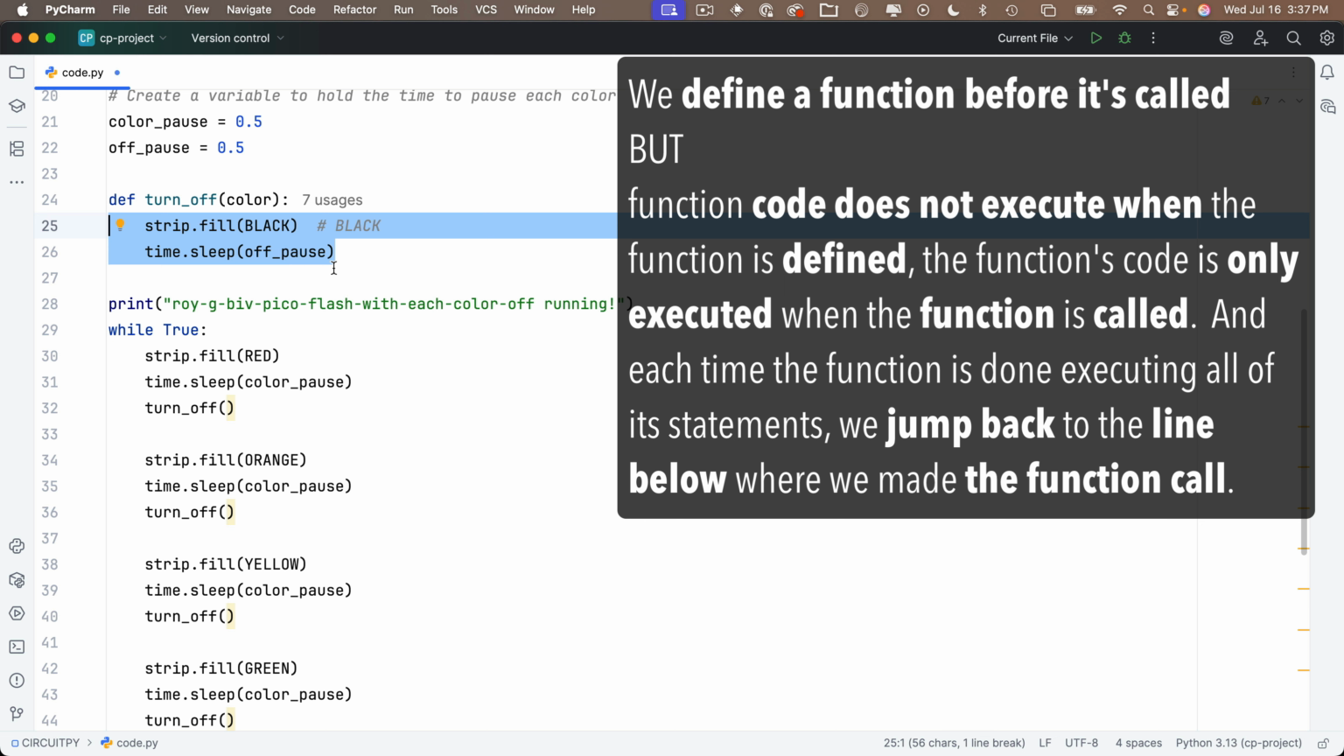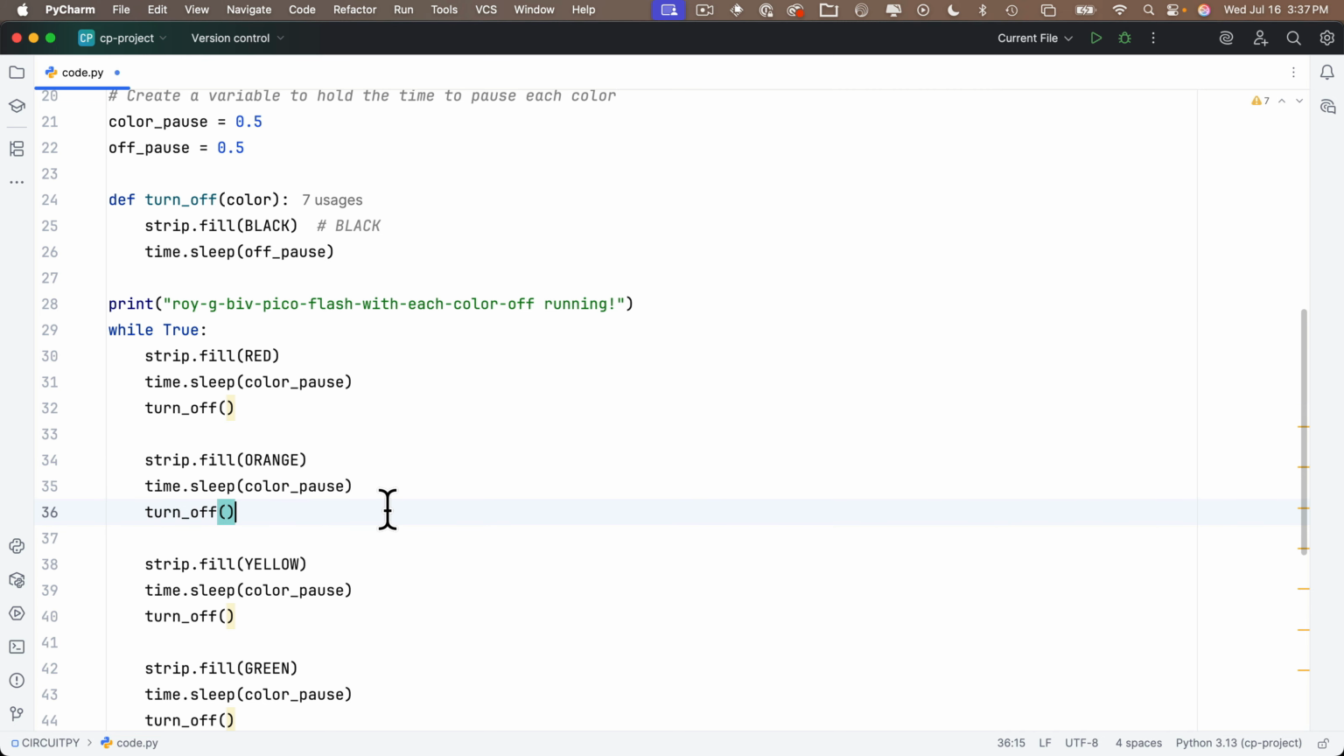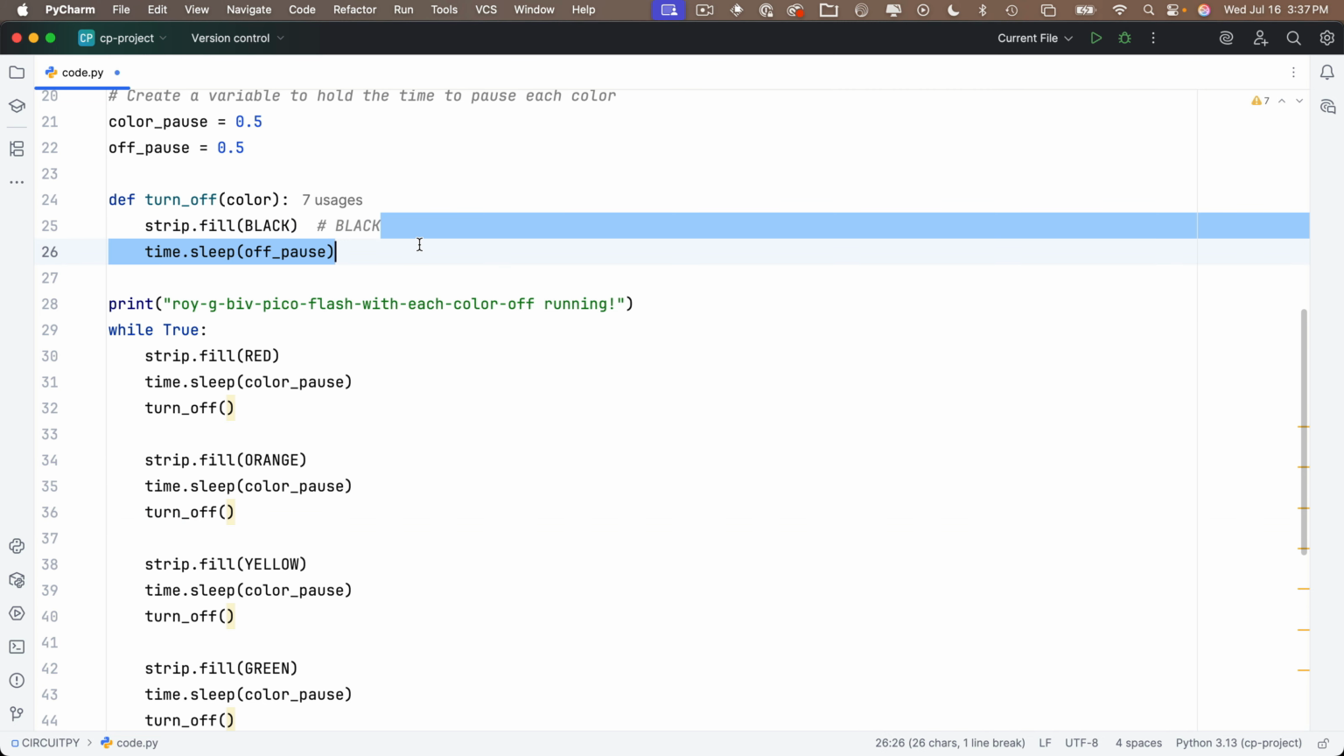We turn the strip black, we wait for half a second, and then when we're done, we don't execute the line below the function. This is the outdented print line we already printed here. Instead, we jump to the line below where the function call was just made. For us, that's fill orange, so we're going to fill orange, sleep, then call turn off again, which means we jump back up here, we run these 2 lines, then we jump down to the line below where we call